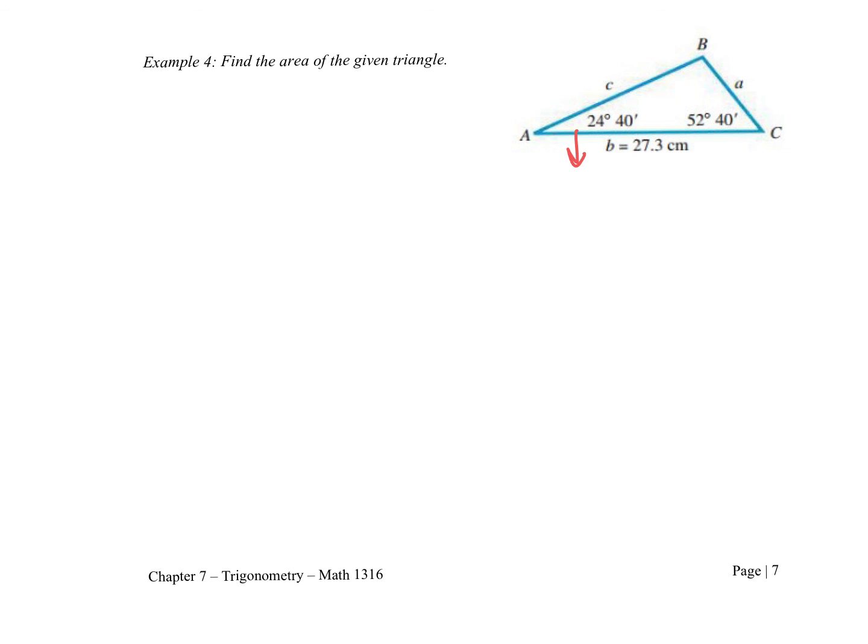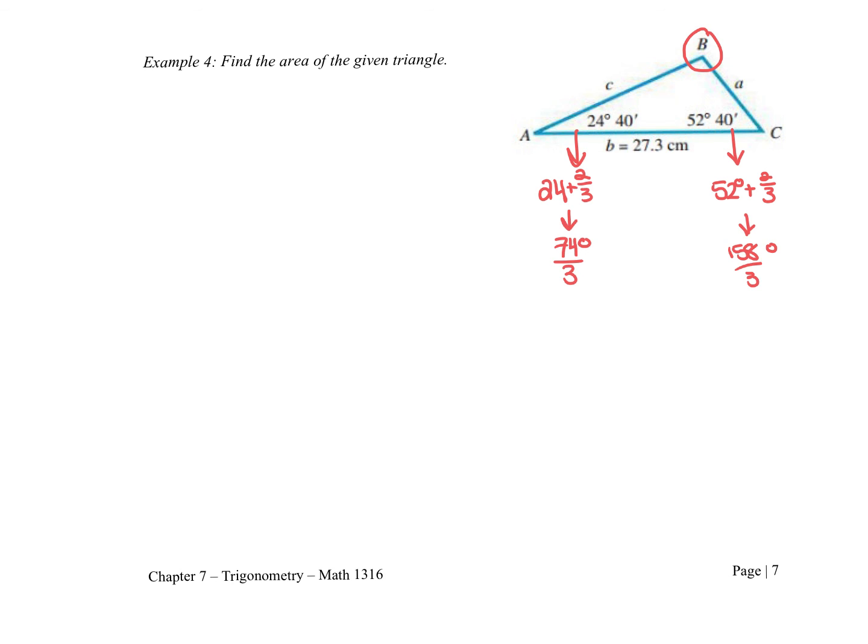This angle right here is 24, and if you do 40 divided by 60, it reduces to 4 over 6, which is 2 over 3. So this is 24 and 2/3. If you type 2/3 plus 24 in the calculator, it's going to give you 74 and then turn it to a fraction, 74 over 3 degrees. Similarly over here, this is 52 degrees plus 2/3 of a degree, which is the same thing as 158 over 3 degrees. And now I don't have to do any rounding to find big angle B,